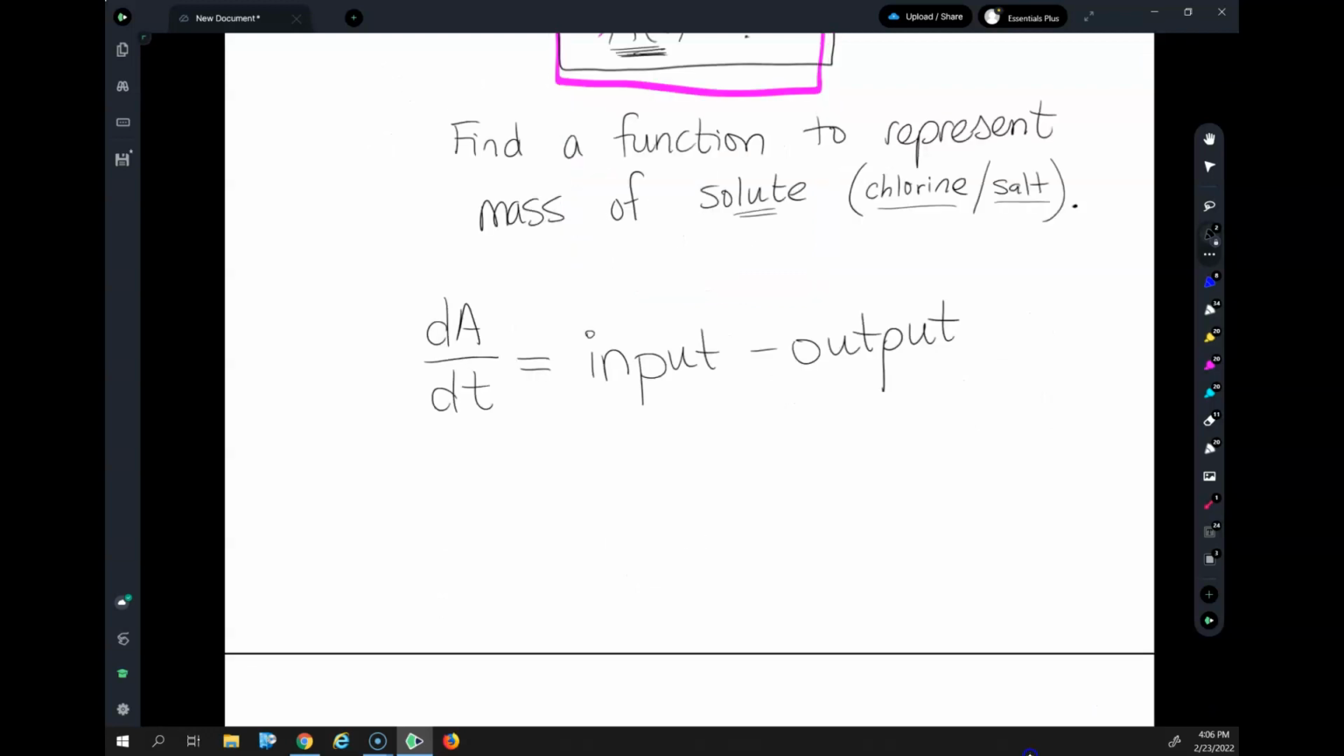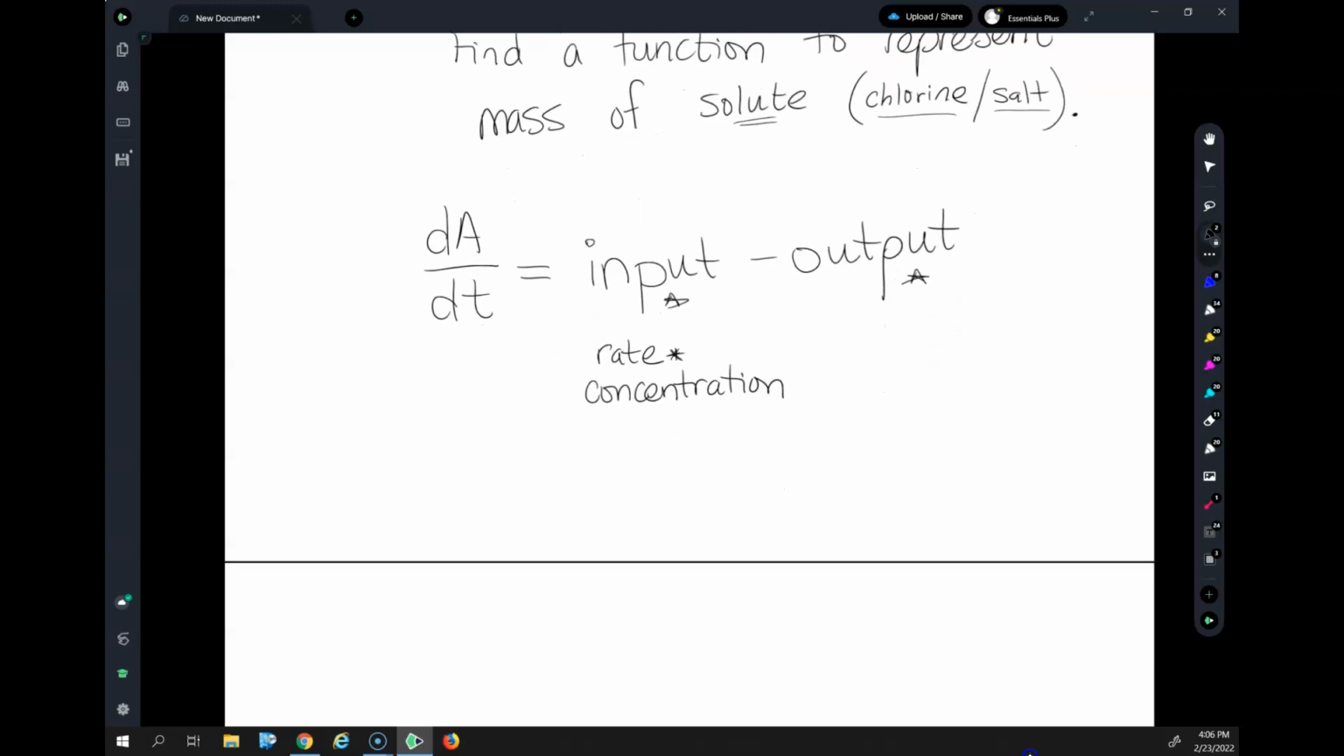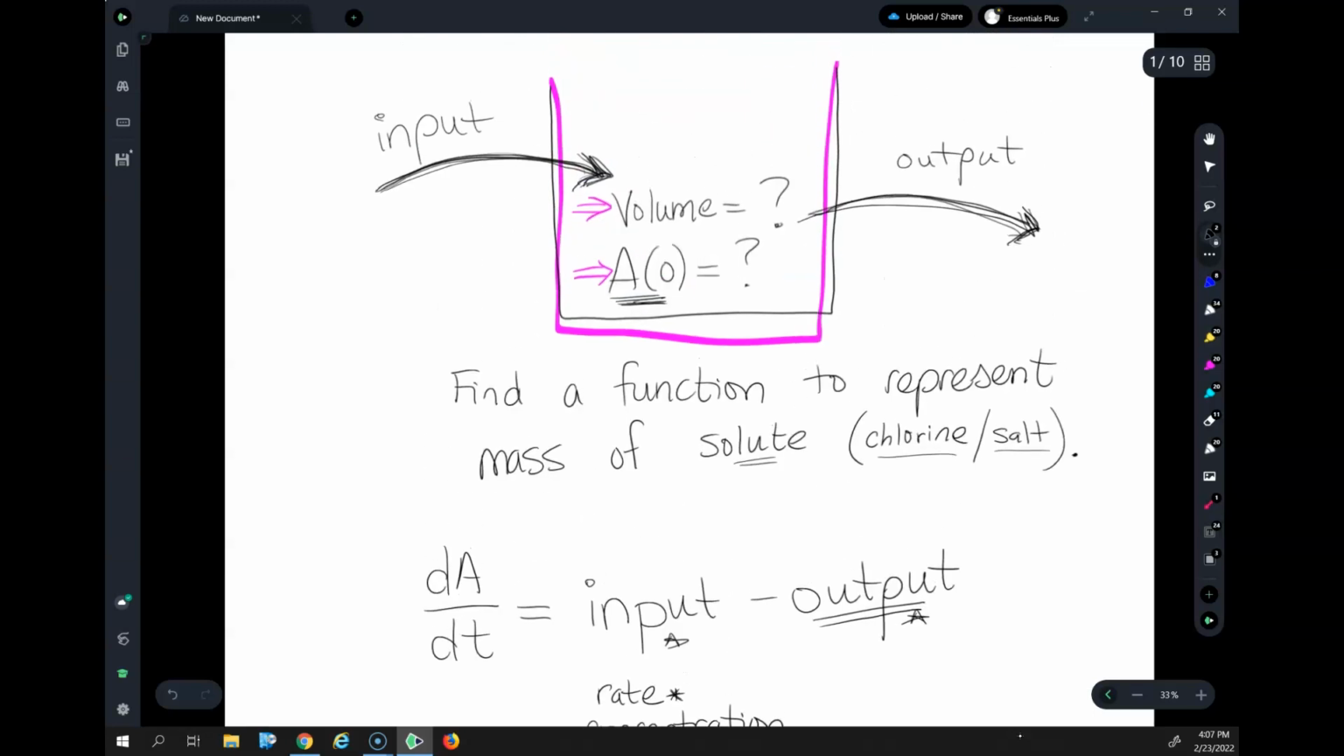What we'll typically know for these values is a rate and a concentration, and they're going to get multiplied together. And that will give us an input amount of our solute. And then for output, we'll have a rate and a concentration. And if we multiply them together, it will give us an amount of solute. What makes this a linear differential equation is the fact that our output concentration is going to depend on whatever the concentration is in the tank at any particular time, which we don't know. That's what we're trying to find a function for, to tell us the amount of solute in the tank at